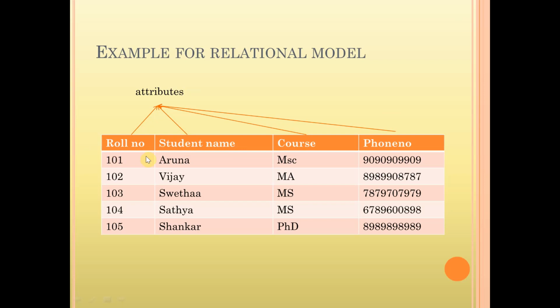So this row, row number 1, holds one single roll number, the name related to the roll number, the course taken by a particular student, and the phone number of the student. So this single row is a record which uniquely speaks about one single entity, that is roll number 101. This is how the complete relation, that is the complete table, will be filled with records. So all related data of a single record will be there in the table.